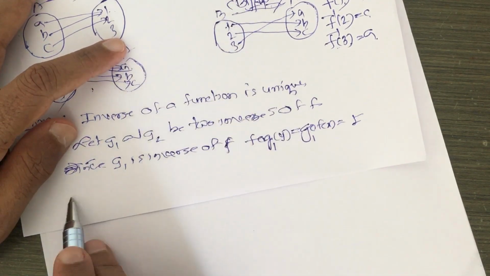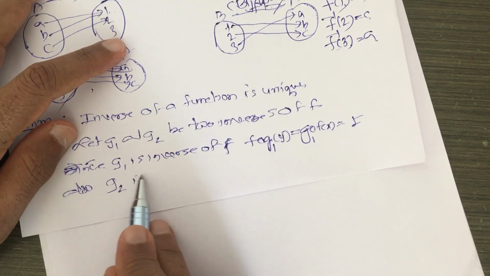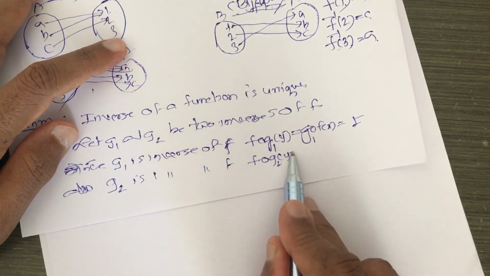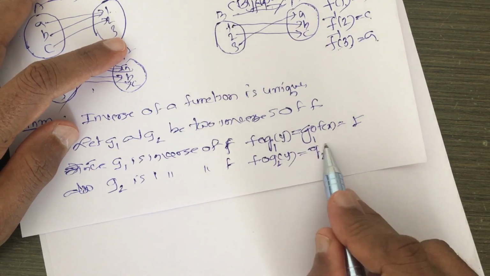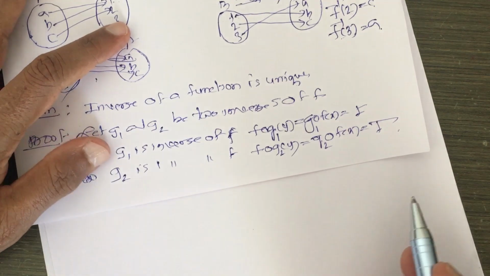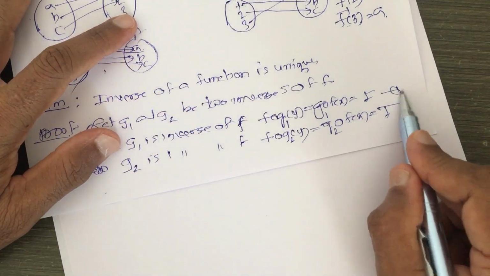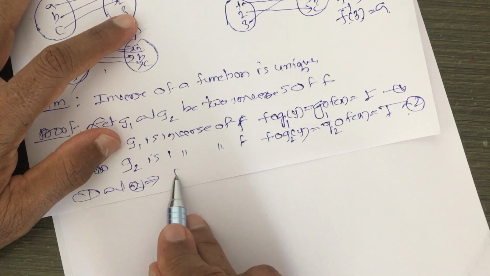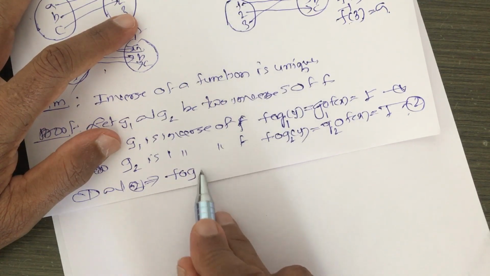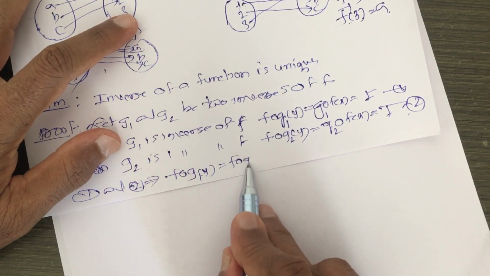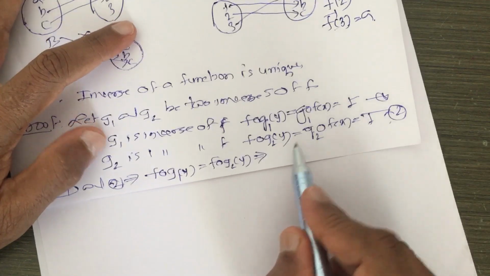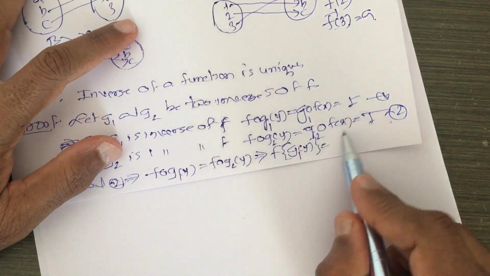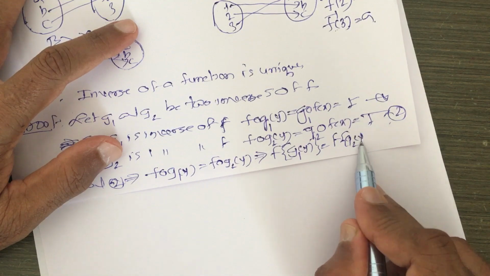Okay. Then also G2 is inverse of F. So, this implies F composite G2 of Y is equal to G2 composite F of X is equal to I. Then from this we get, this I take as 1 and this I take as 2. So, 1 and 2 imply F composite G1 of Y is equal to F composite G2 of Y, and this implies F of G1 of Y equals F of G2 of Y, and